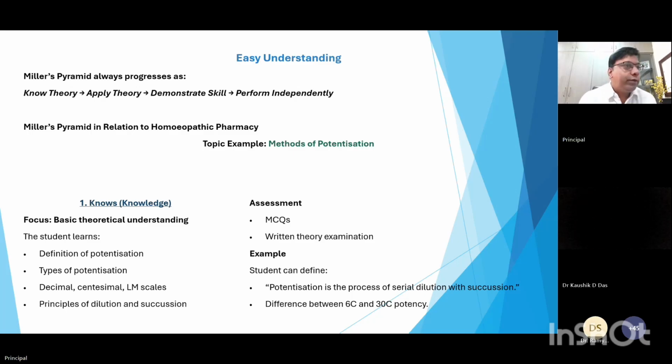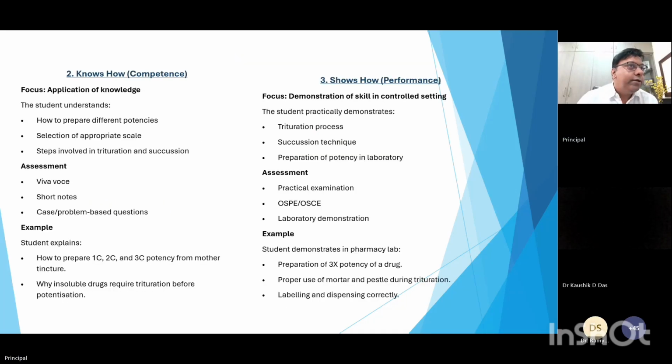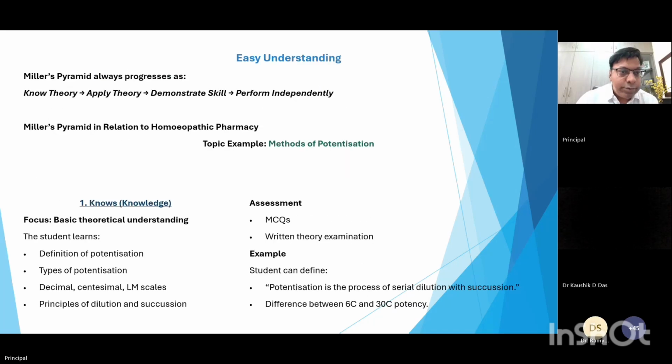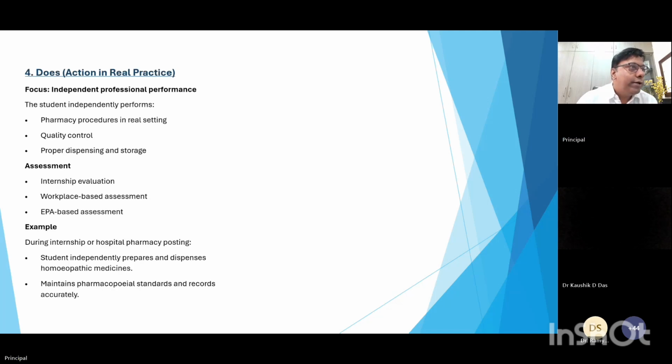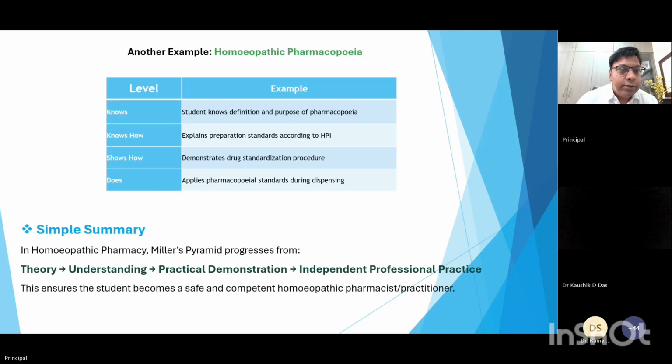Move to the next one. Next, again next. Yeah. Another example, homeopathic pharmacopoeia. Student knows definition and purpose of pharmacopoeia. Knows how. He should be able to explain the preparation